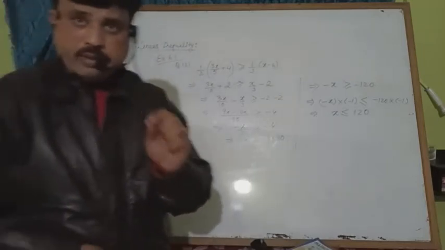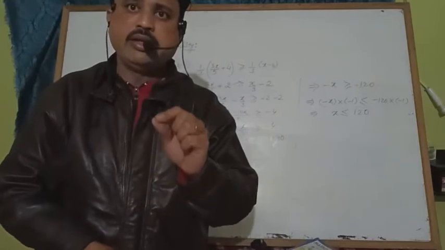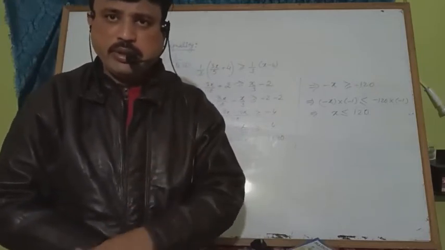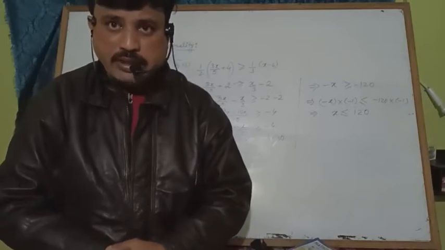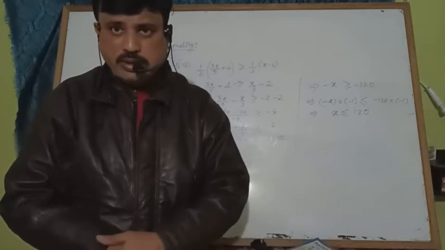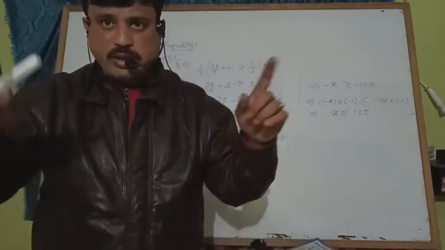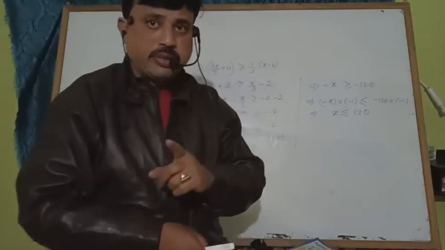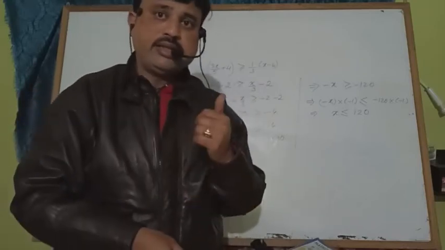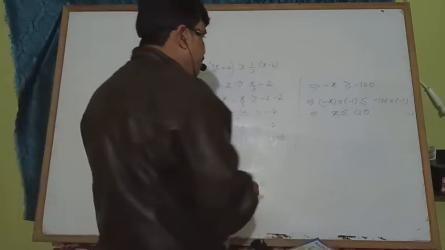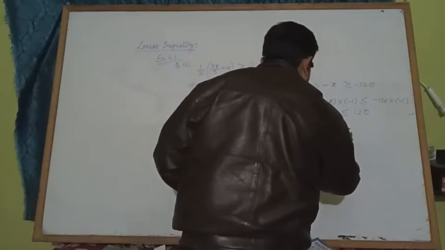And if you remember, in my first class I told you that if you are writing the solution in real numbers, you have to use intervals to represent it. You cannot write it directly by keeping it in curly brackets. It should be in interval if it is a real number, because in this question x is real. It is given in the question. So it means you have to represent it with the help of intervals.